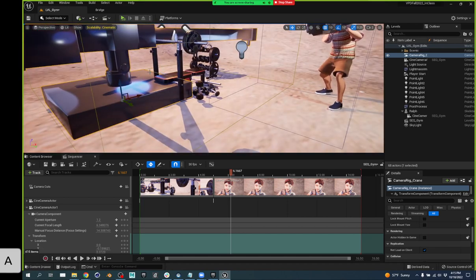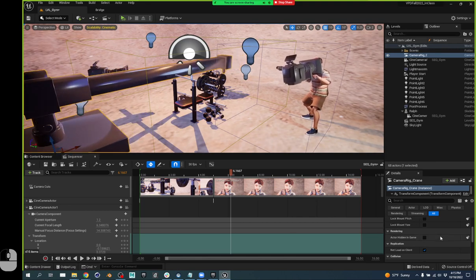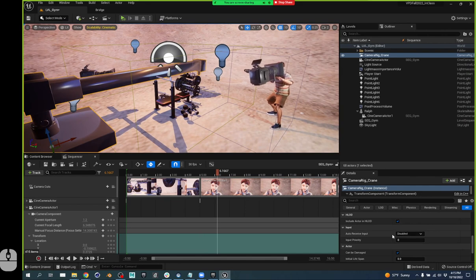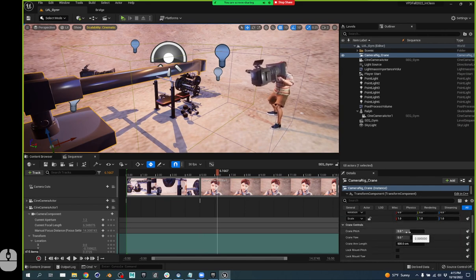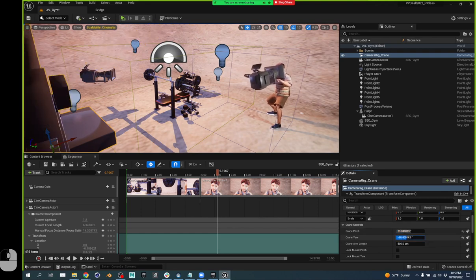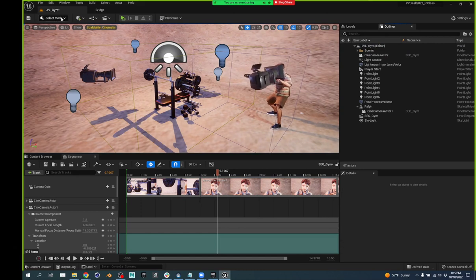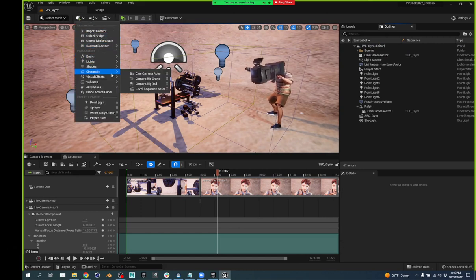So you can put a camera at the end of the crane and move the crane around, do crane shots. All right, so the crane has a pitch and a yaw, so you get really cinematic shots that way. And you can parent the camera so it always points at our character. I'm going to do a dolly though. It's a little easier. So let's go to cinematic